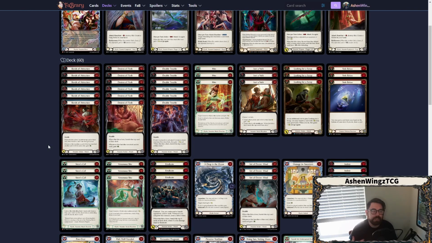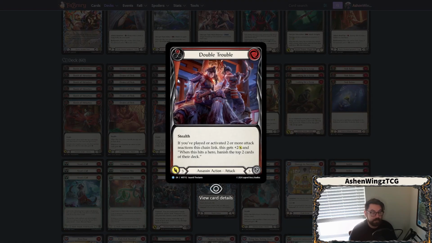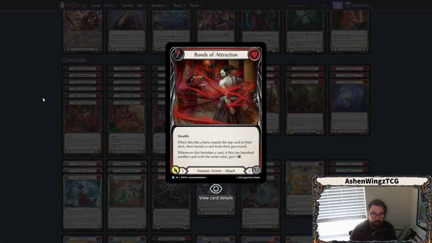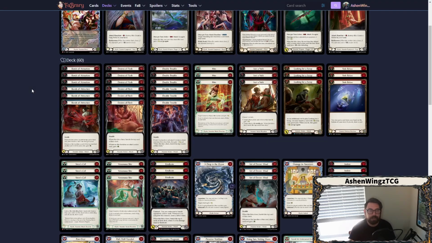You know, losing the top card of your deck isn't always the most awful thing, but if you're able to get the top 2 cards of their deck, or even if you're able to just get cards out of their graveyard that they really want, for instance, if your opponent's playing something like a Codex of Frailty, you have an opportunity to get one of their key cards of Codex of Frailty out of their graveyard